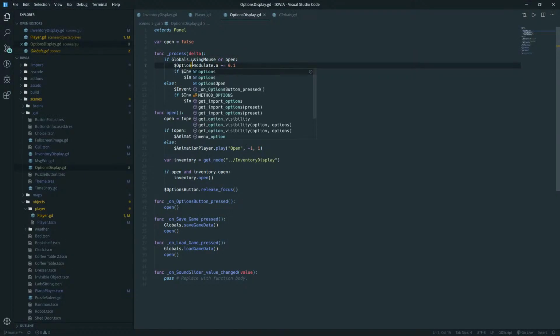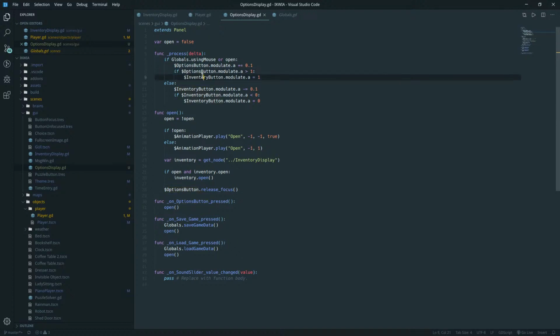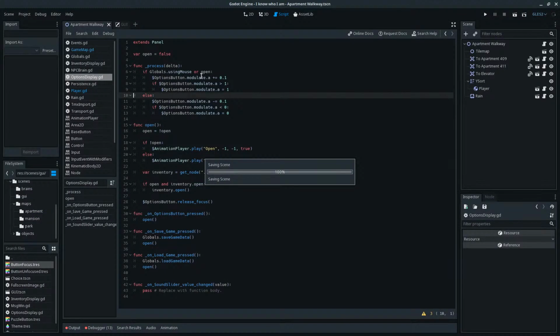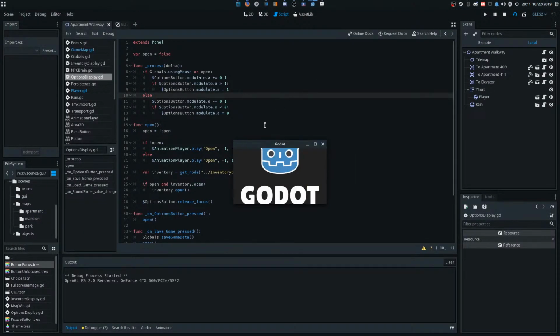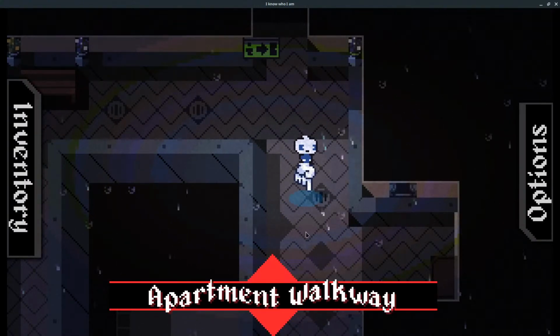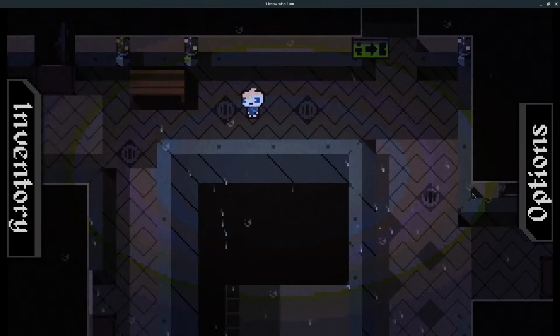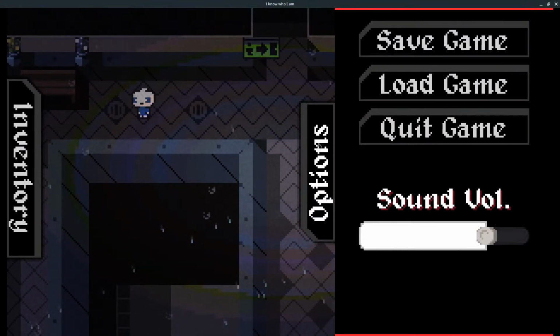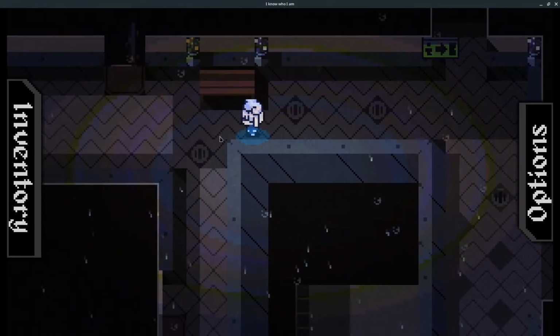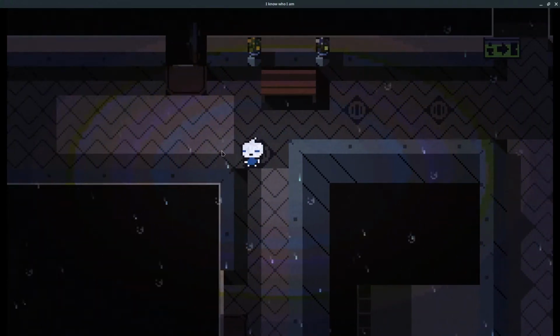Options button. So this should make it so that it fades out and in, if we're basically not using the mouse. Cool.